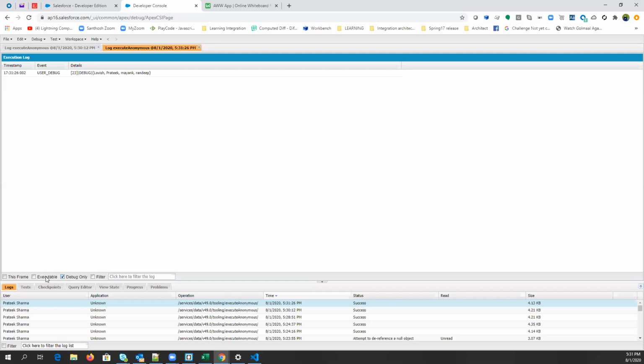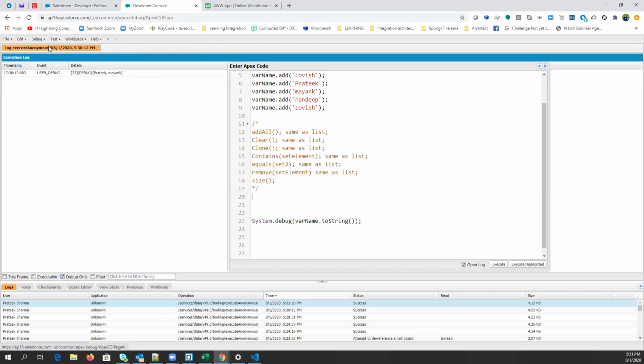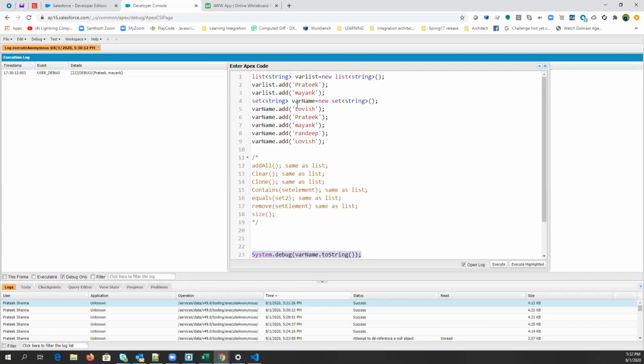So guys, toString, I was not using in list, but I just want to give you a hint about it. It will give you a string representation of a list or set. So if it is an integer type, let's say we have 1, 2, 3, 4, 5 in place of all these values, then it will give 1, 2, 3, 4, 5 in a string representation. Okay, guys? Yes. Okay. These are for list and set, right?